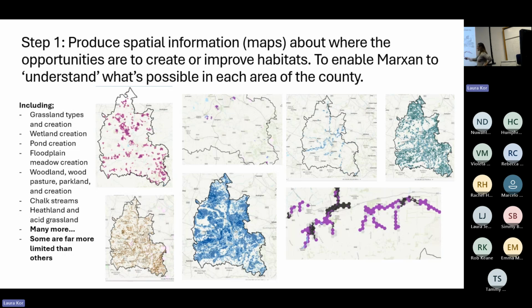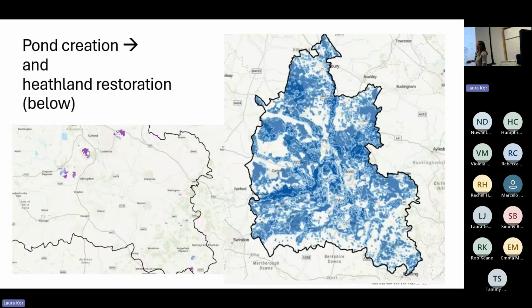Similarly, for chalk streams and chalk rivers, those are an important part of habitats in the county and in the country, and we've got some that we are able to focus work towards there. But they're, again, quite a restricted piece of the puzzle. So we used 5-hectare planning units, if anyone's interested in that level of detail. And I'm just showing another slide here to show you that restricted range of certain types of conservation features like heathland, and then some of that much more widespread opportunity area for things like ponds.